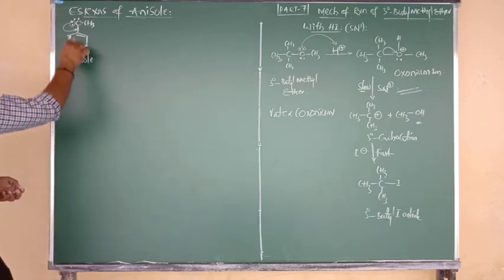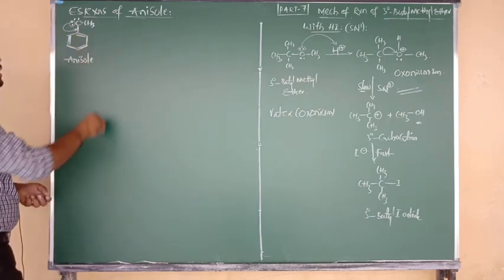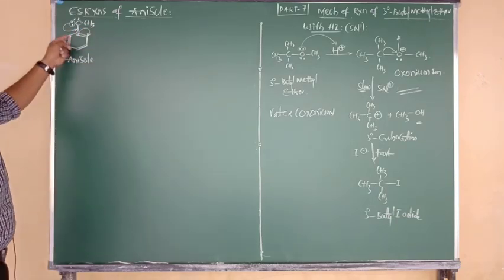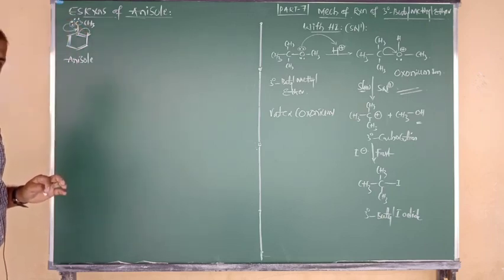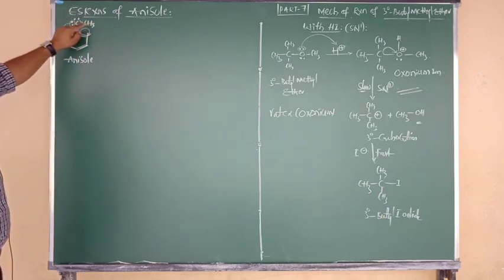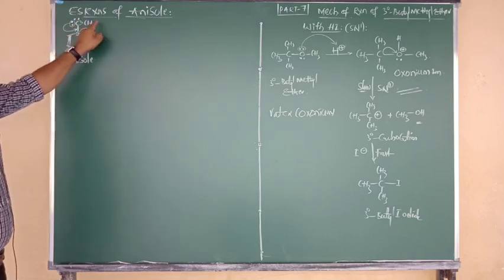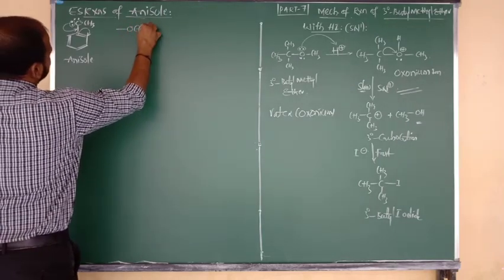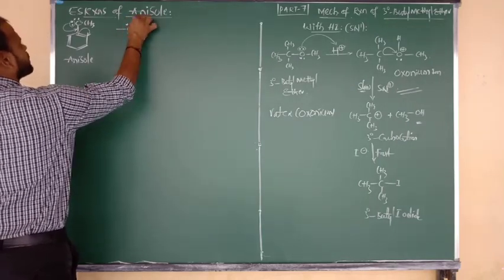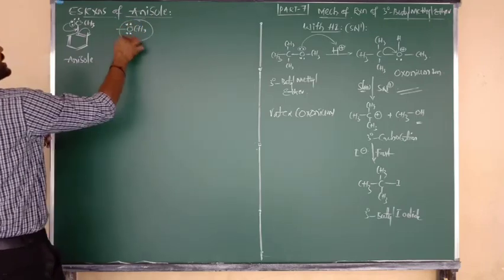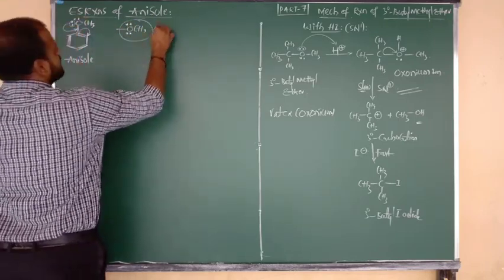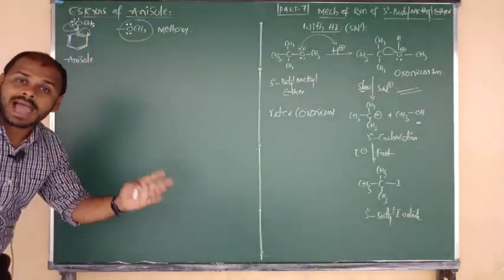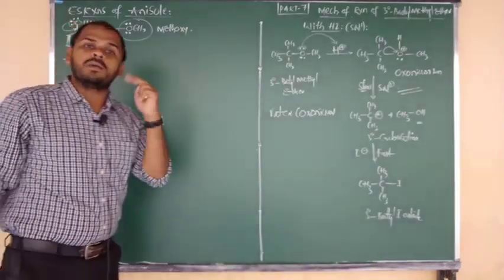So one of the lone pairs, suppose it undergoes delocalization from oxygen to the carbon of benzene. At the same time, one of the pi bonds, which is between 1 and 2, undergoes delocalization and shifts completely to the second carbon. Okay, beta? So here in anisole, there is a group, nothing but an alkoxy group, the methoxy group. The side chain is methoxy, and the methoxy side chain contains how many lone pairs, beta? 2 lone pairs. Such a methoxy group shows 2 types of effect.